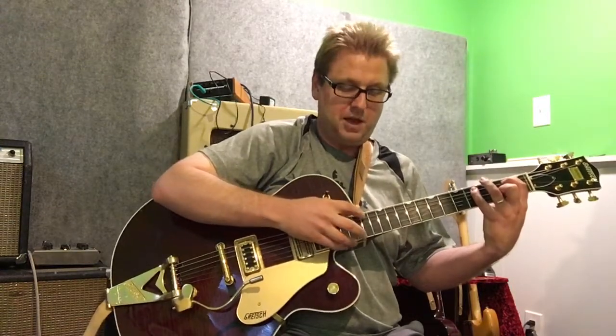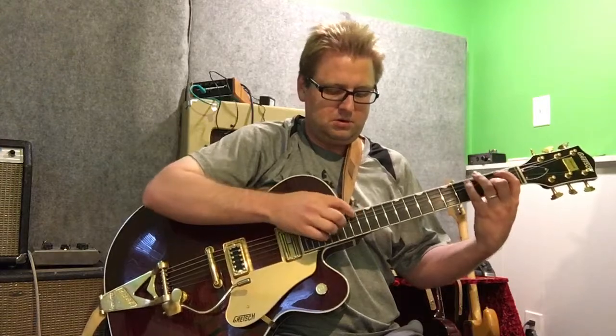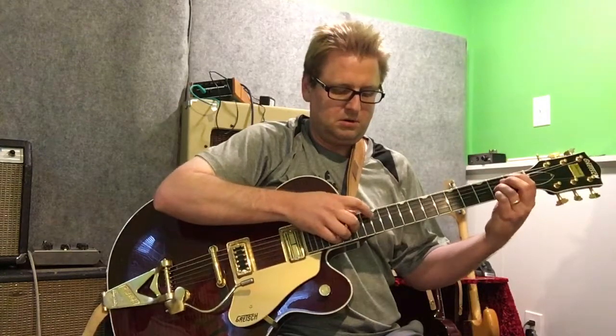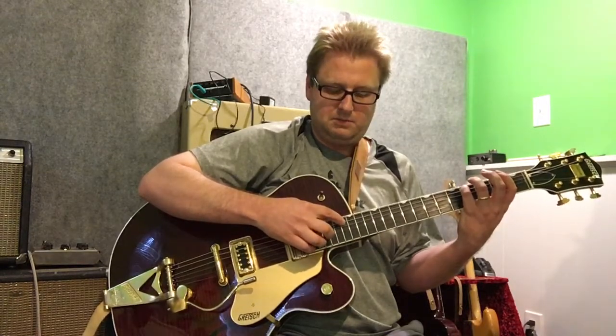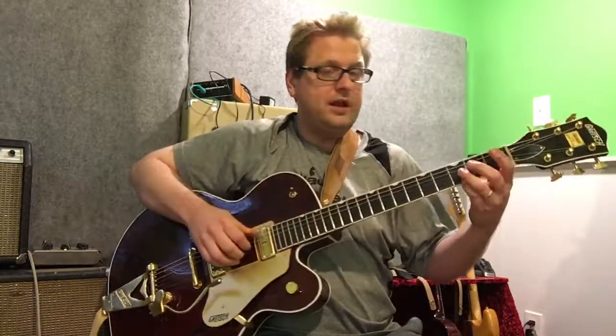except instead of going back down, I'm going back up to the next note. That's the D string on the 12th fret. And at the same time I'm hitting that note, I'm hitting the open G and B strings, and then the last little chord